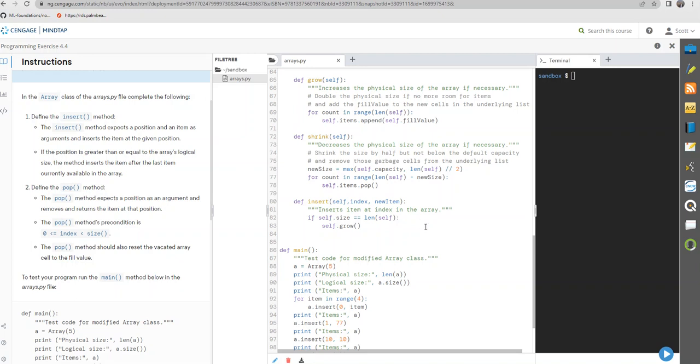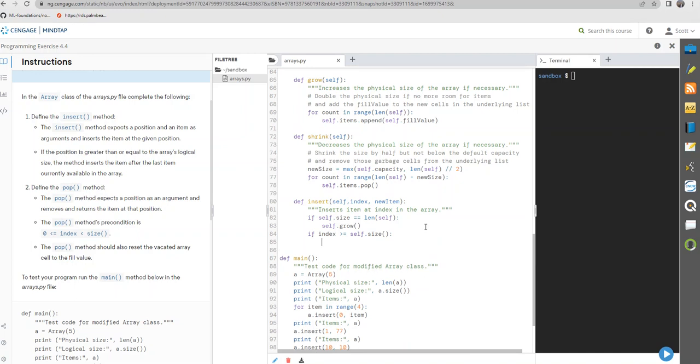Alright, so if index greater than or equal to self.size, self.size is the logical size,